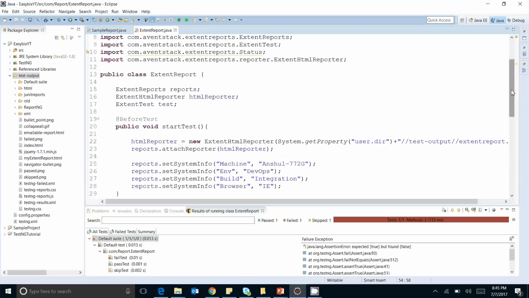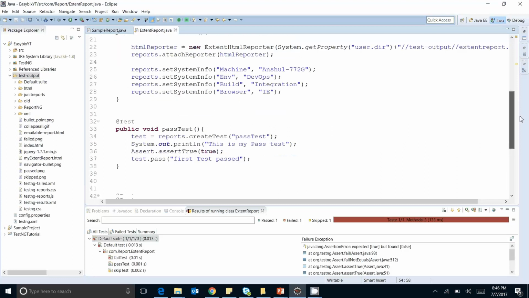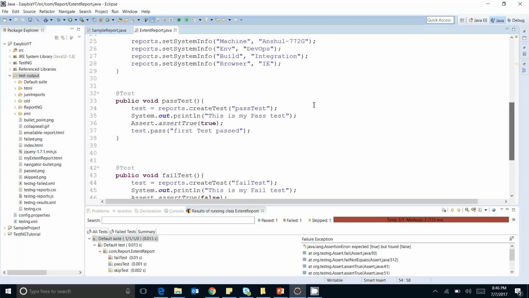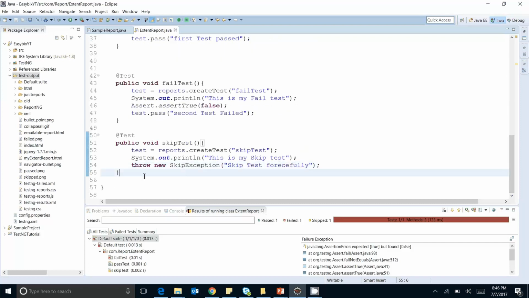So you can see we have initialized the report, and we have written some data inside the reports. You can see here I am creating the file, and create test inserts this pass status inside the report, and the log also inserts some things inside the report, but we are not closing the file. So before closing this particular test class, we need to close the file.